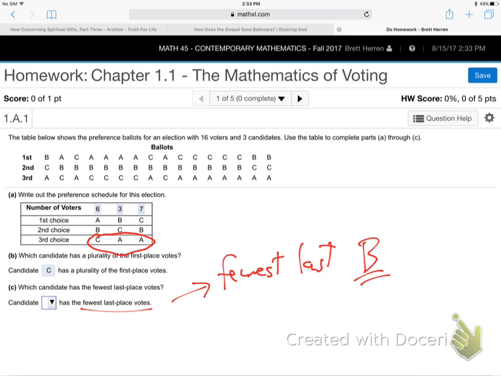So B is one of those kind of candidates that everybody sort of likes. Nobody really loves them. Only 3 people put B first. Right? Kind of the opposite of the people we had run for president this year. These were divided. You either loved them or hated them. Whereas candidate B is kind of like everybody kind of likes him, but not many people think he's their favorite. But nobody hates him. Kind of candidate, right? That's what B is, fewest last. All right. Not that we're going to determine the election that way, but